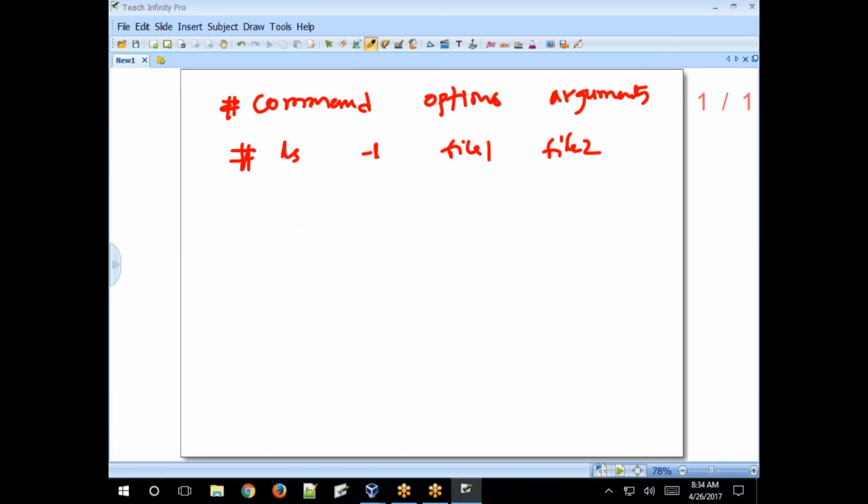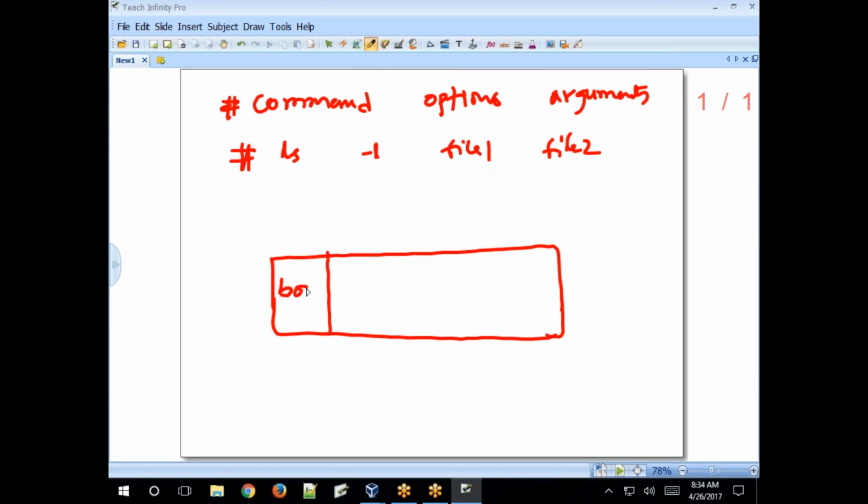So the basic structure of your hard drive is like this. First is the boot block, and the super block, and the inode block, and the data block.